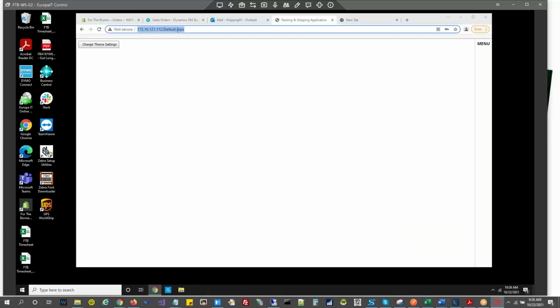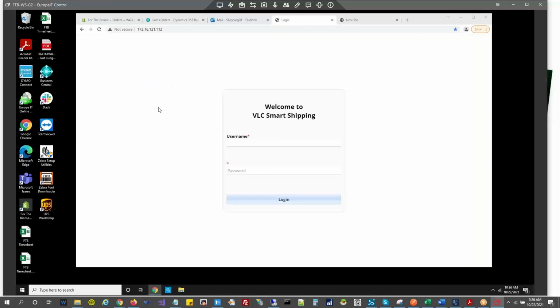So this is the login page for the VLC Smart Shipping application. Here we need to log in with the credentials we have provided.